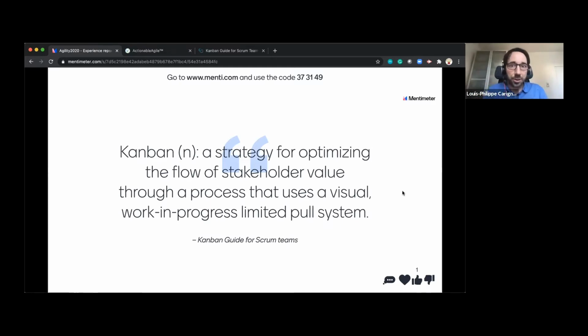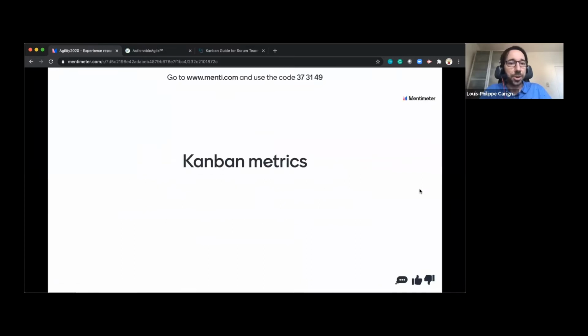If you think about another strategy to move work into an iteration, it would just be with Post-its and moving tasks. Well, Kanban is another way to have that work flow within the Scrum framework. One good piece of that Kanban Guide for Scrum Teams that I love is the Kanban metrics. There are 4 Kanban metrics in the guide. The first one is cycle time. Then you have work in progress, throughput, and finally work item age. During this talk, we'll go through all of them, and I'll share what I've done by using each one of them in my teams.